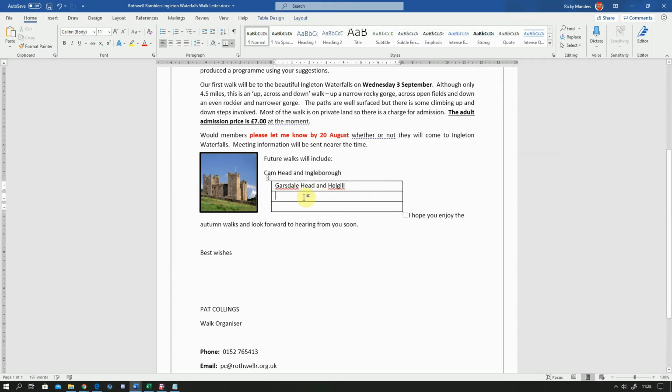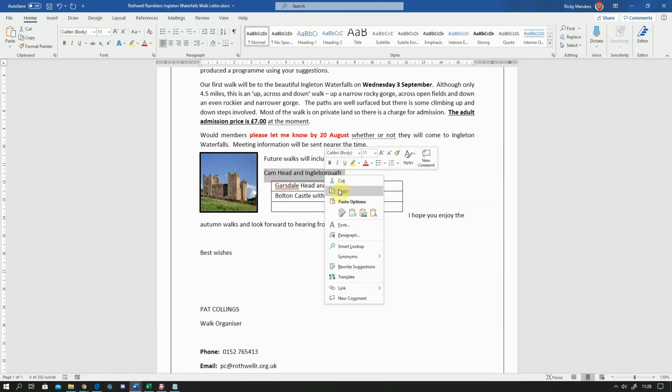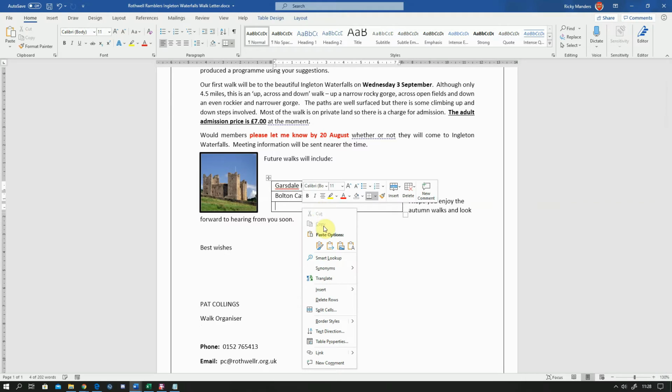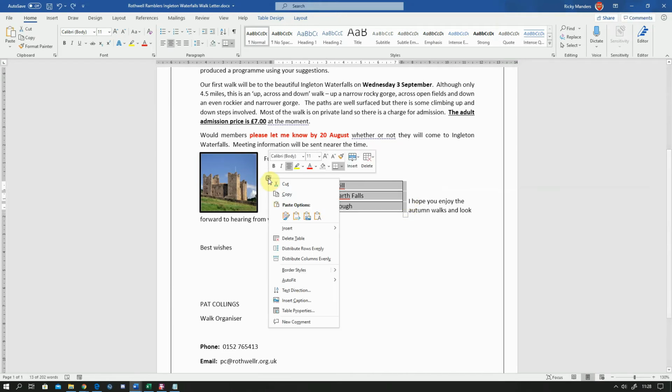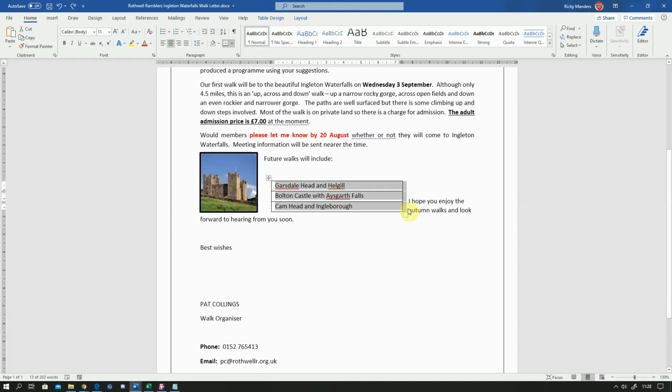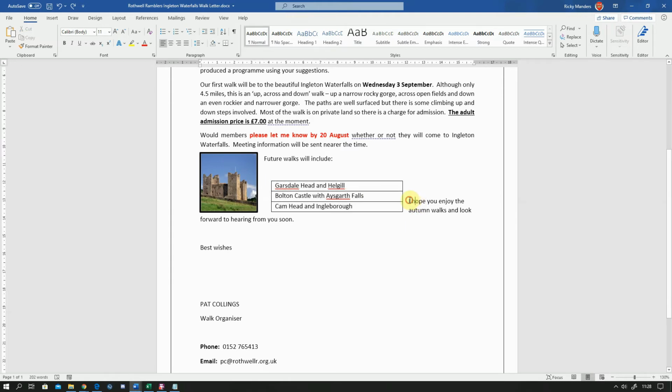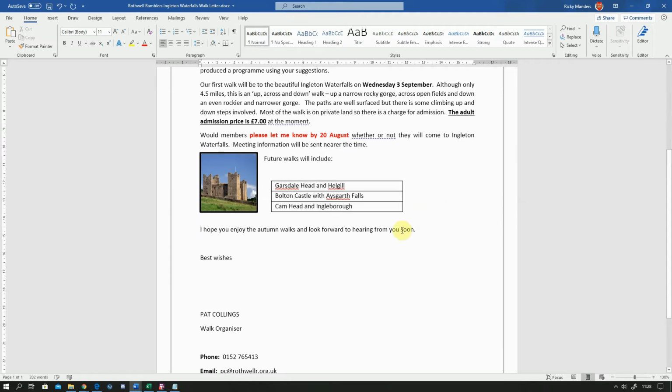Cut, paste, and again, get rid of the blank line. Cut, and paste. Blank line. I'm going to press return here just to, oh, sorry. I'm actually going to change this so that it's just go to the beginning of the line, press return a couple of times. Now, because I've got this